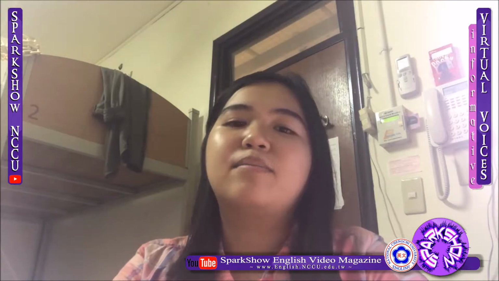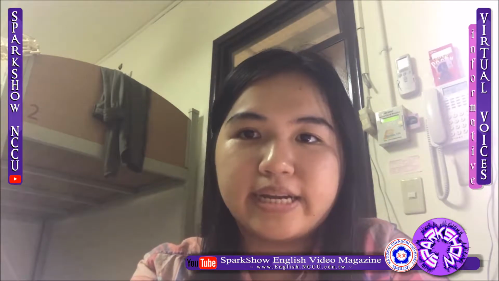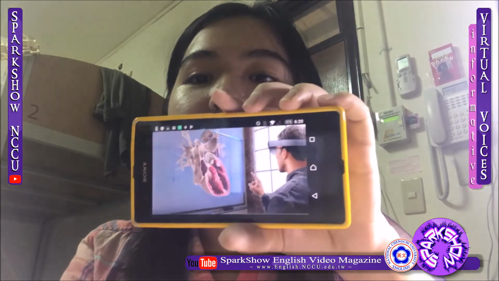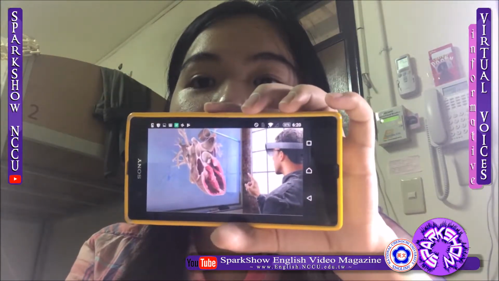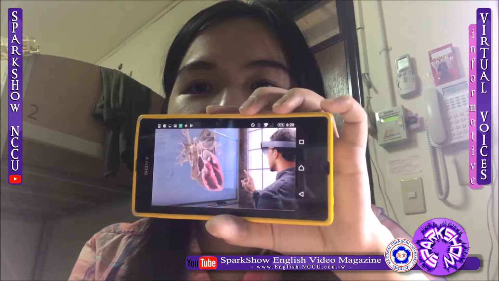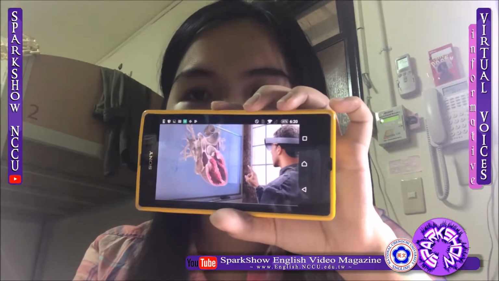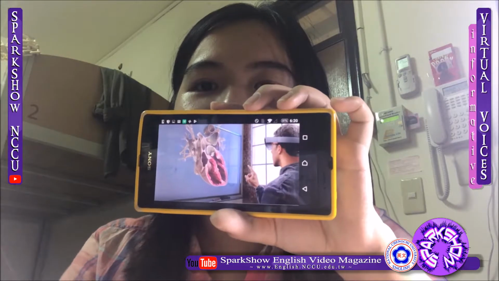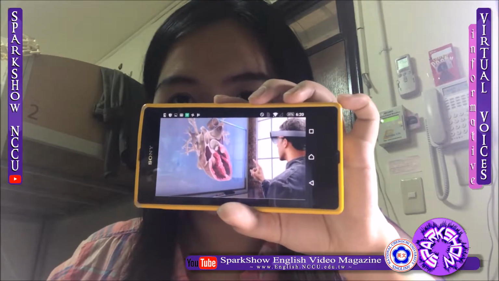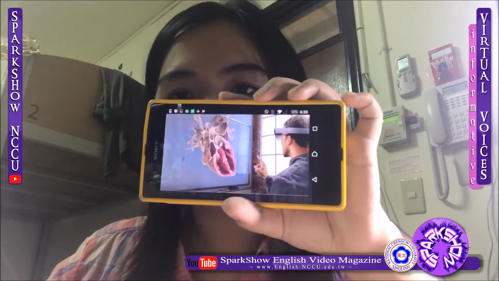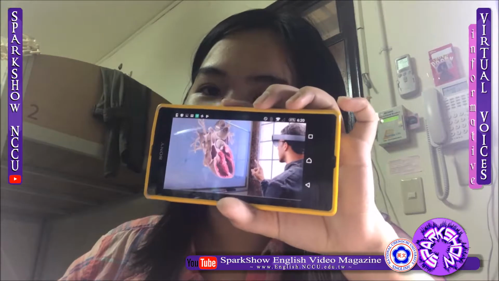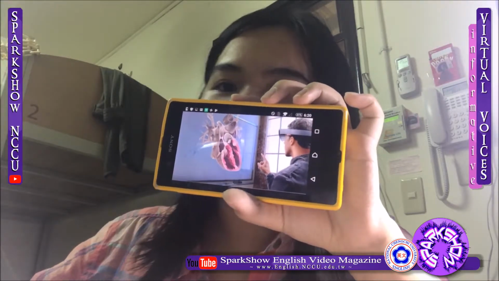The third example is medical learning through virtual reality, and this is a picture of how this program works. The students can see the organs, or they can perform surgery in virtual reality, and they can practice before they really do the surgery. So this is one of the applications of virtual reality, and this is the most serious use, for medical students.